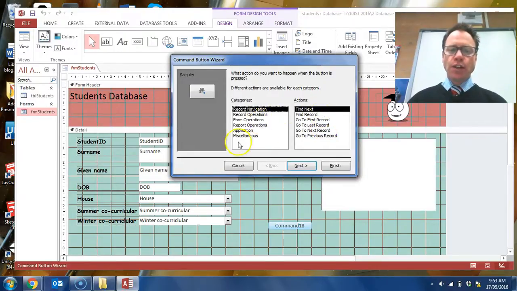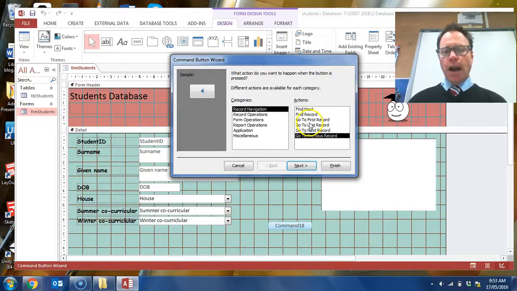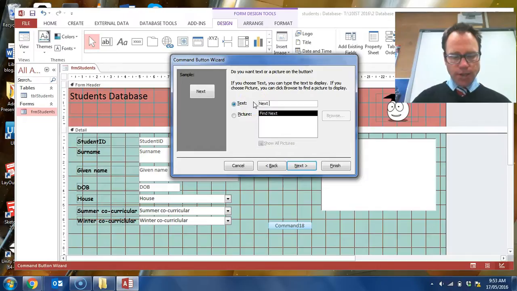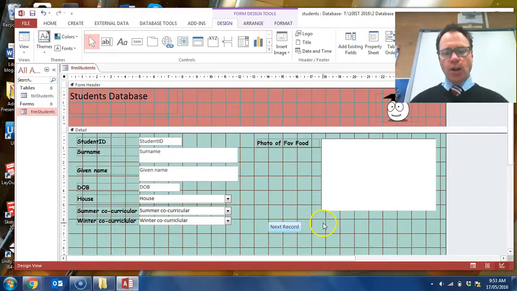Now, using this wizard, you can create buttons for 90% of the things that you'll need. They exist in different categories. So I'm going to create 2 buttons for progressing forward and back with the records. So it's the record navigation. So the first one will be find next. I'll click next. I could use a picture for a button if I wanted to, like if I had an arrow, for example, but in this I'll just have next record as the text, and then I'll click finish, and then I'll create another one